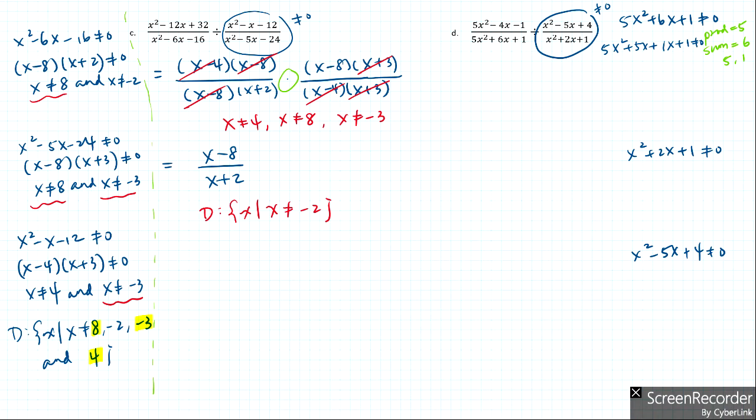And group them together, first two, last two, connected by addition. Then the first group, we have 5x in common. That leaves us x plus 1, plus second group just remains the same as x plus 1. That doesn't equal 0, so x plus 1 is a common factor, leaving us with 5x plus 1 doesn't